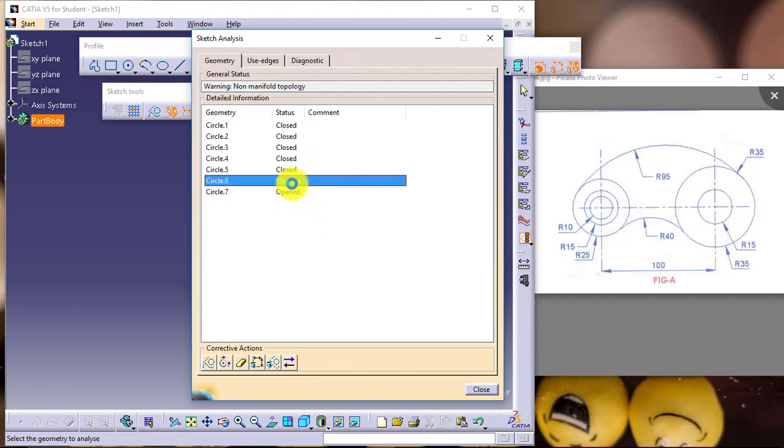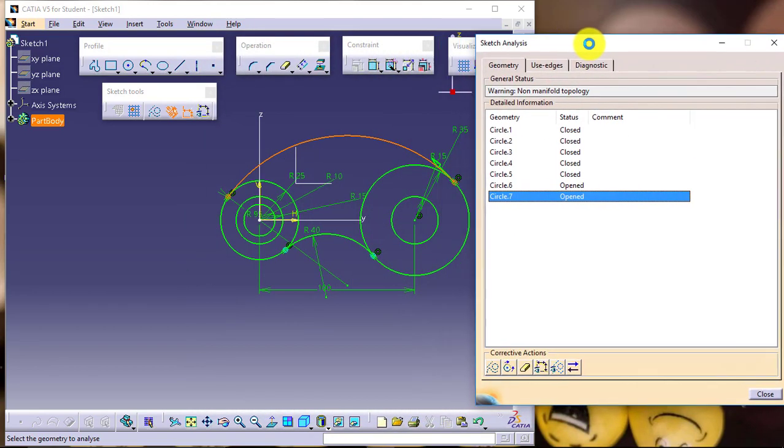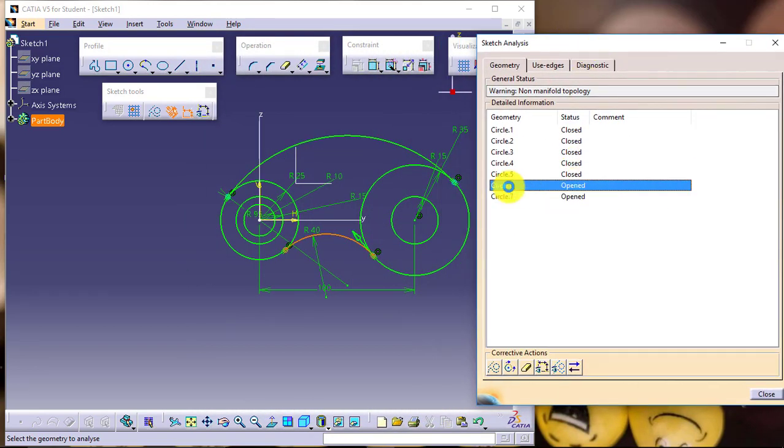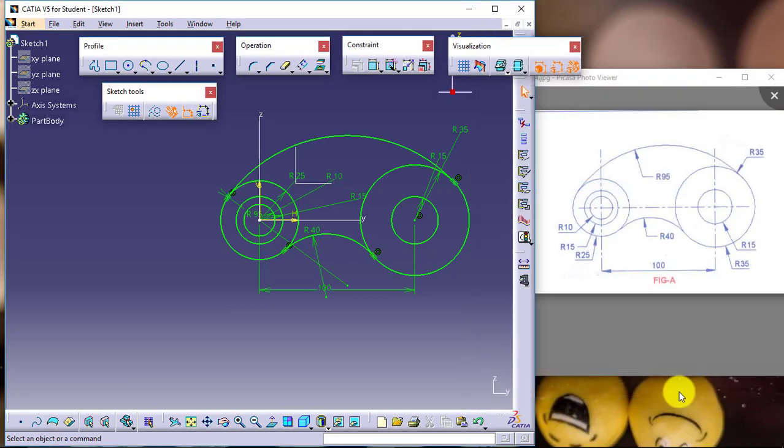But these two are your open curves. See, this and this. We will have to create this one as a loop. Then and only then can I say that this is a closed loop sketch